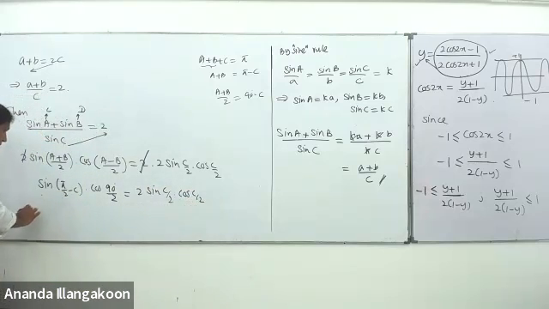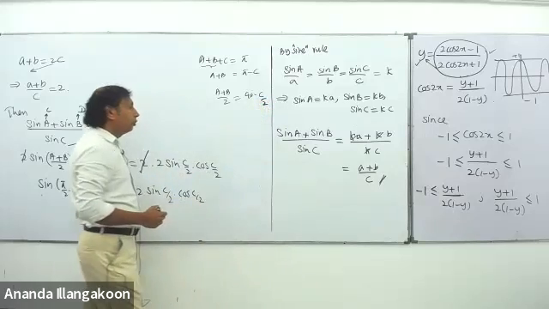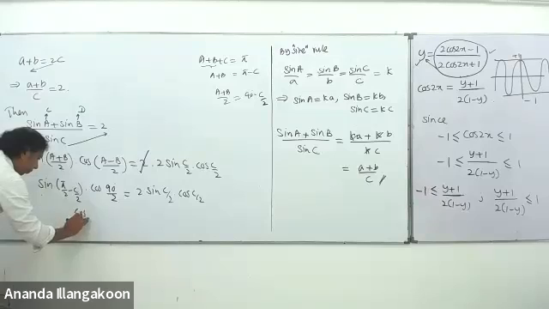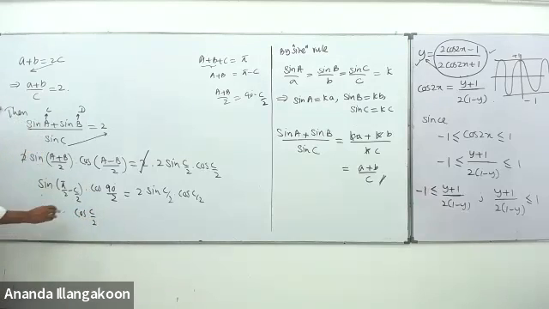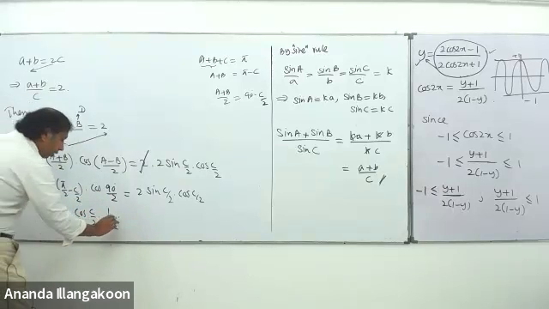Sine of 90 minus C by 2. Sine 90 minus C by 2 is cos C by 2. Here 90 by 2 is 45, cos 45, 1 over root 2 equals